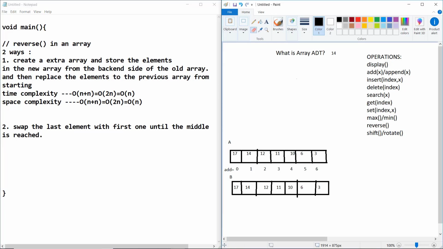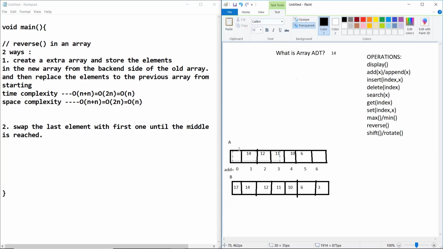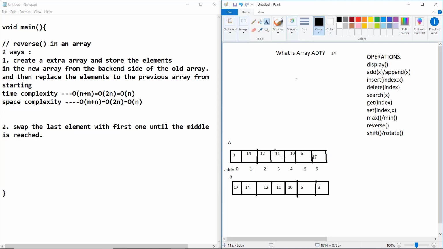So let me show you this. This is your array. What it does is replace 17 and 3, so 3 and 17. Now it replaces, the pointer is incremented from the first side and decremented from the last side, and then replace.